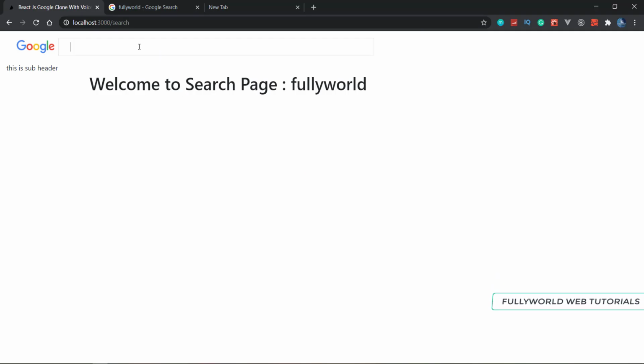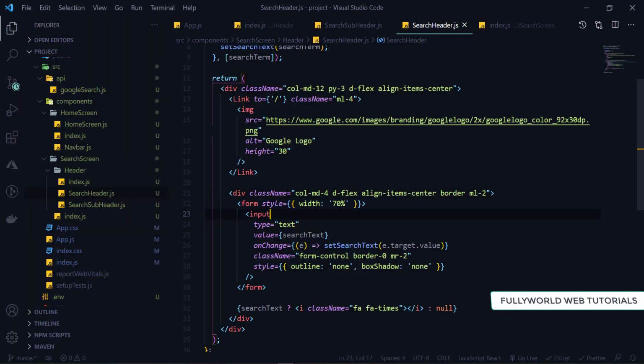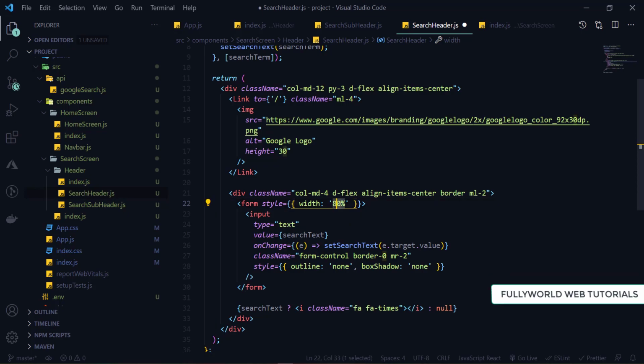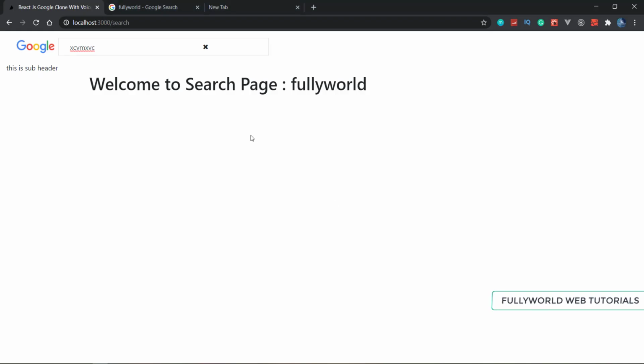If we set its width to 85%, it will be good enough. 85% is good. Let's make it 90%. 90% is also looking good. But for me, 87% is looking good.